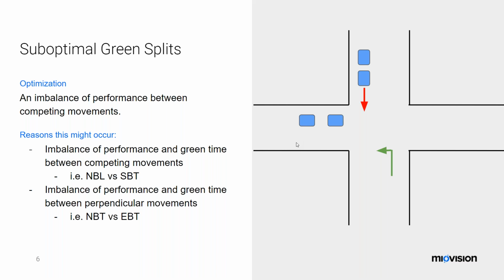So when we say that there is an imbalance of performance between the northbound left and southbound through, it's not necessarily just on a single day or a single moment in time. This is a very persistent problem that is there at least 50% of the days over the last month. So it is a very common problem before it becomes an alert. That means if it happens once in a while, or happens like say one day in the network and it doesn't happen any other day, the alert will never pop up. But if it's very consistent and it's there always, the alerts will be there.